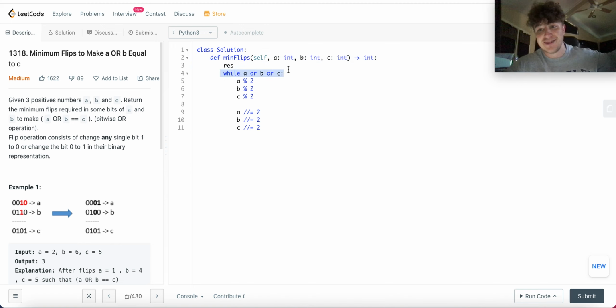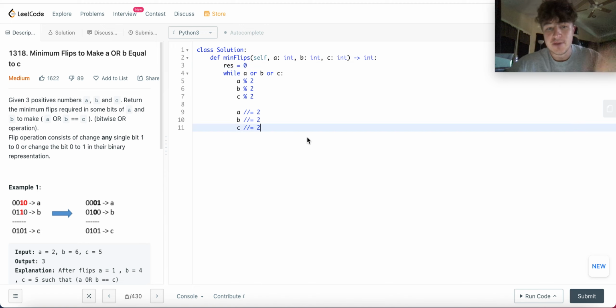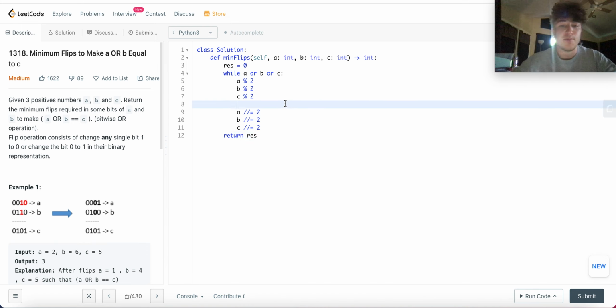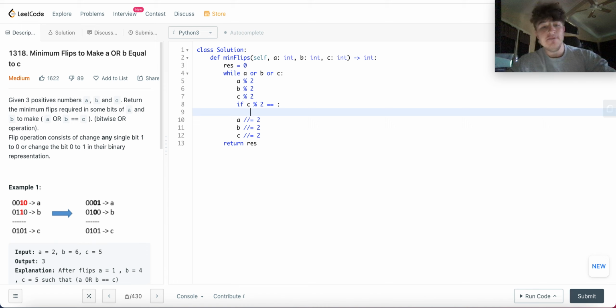So we'll look through everything to see what we need to convert. And then res equals 0 to begin with. We'll do some update to res, and then we'll return res at the end. So what's the problem here? Well, if C mod 2 equals 1, that's basically saying if the bit is 1, then we're going to add to res if